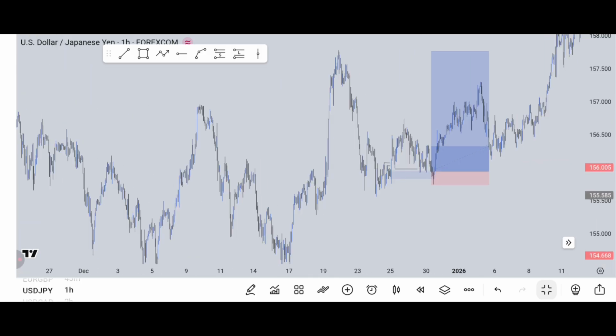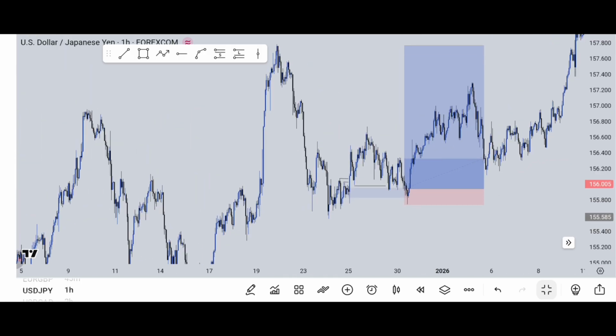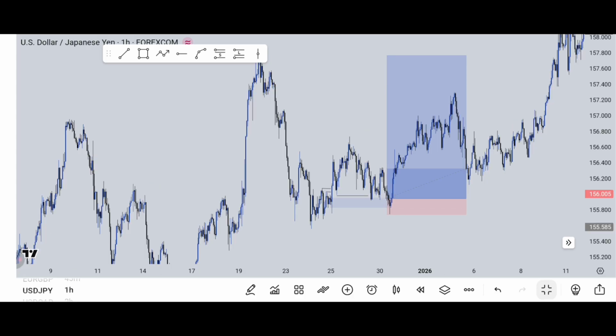So let me show you how to use this double break of structure now to pick an entry using both your higher time frame down to your lower time frame. I will just show you how I do top down analysis to catch trades from. You will learn how to do your top down analysis now, because you can't just come here and start following